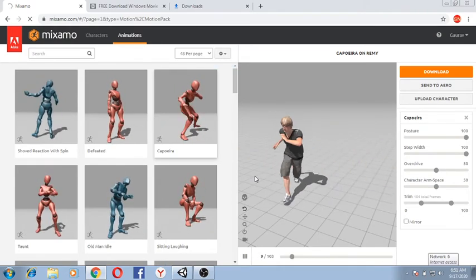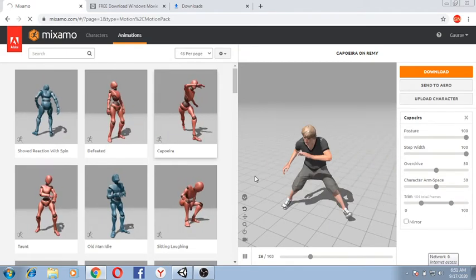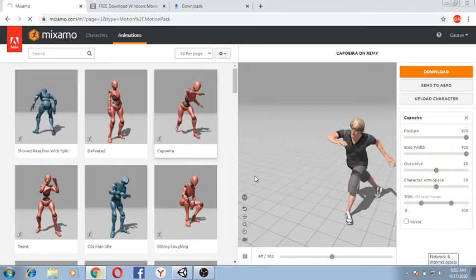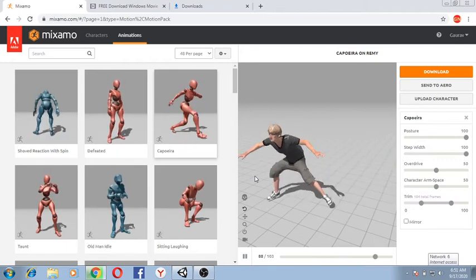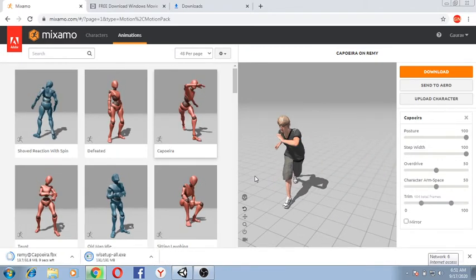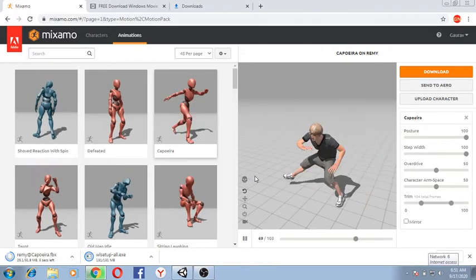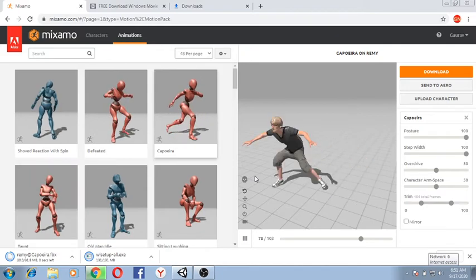And by the time the file is getting downloaded, I would like to tell you all that in case you guys are facing any issue, if you have any query, or if you come across any issue like you are not able to run any animation, or you are not able to run any game, you can please let me know about the same in the comment section, so that I can make a separate video on that issue.